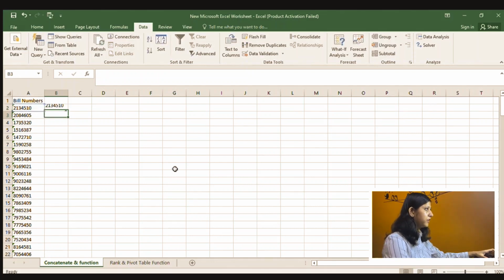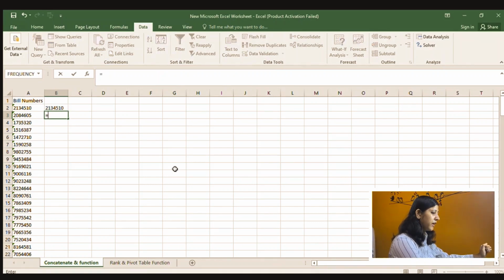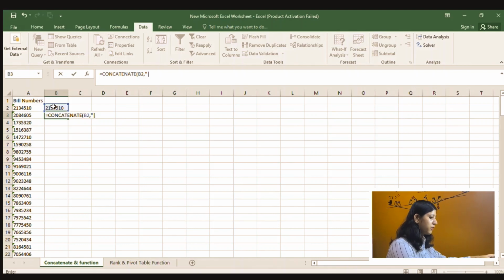first I'm going to select this number, then I'll select this, then instead of this function I'll enter equals to, I'll write CONCATENATE, and I'll select this number, I'll put a comma, then start a double inverted comma, I'll put a slash here, which is used in ERP Navision, while the system detects these as two different numbers, so that the system can detect that two different numbers are entered.